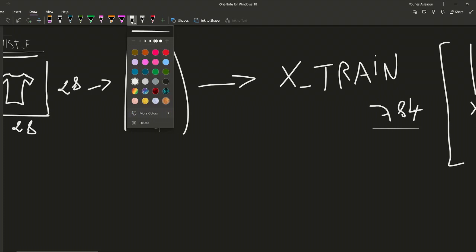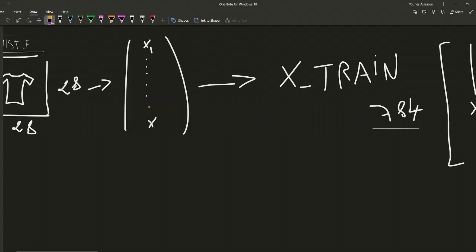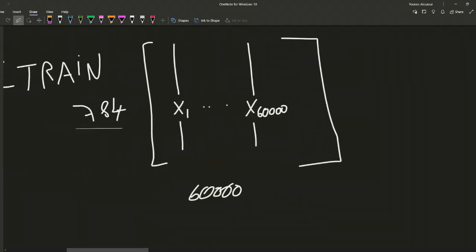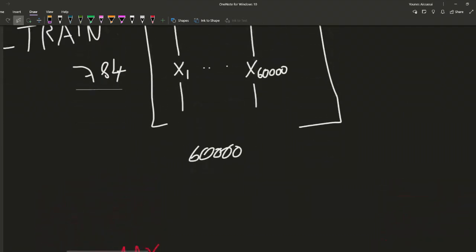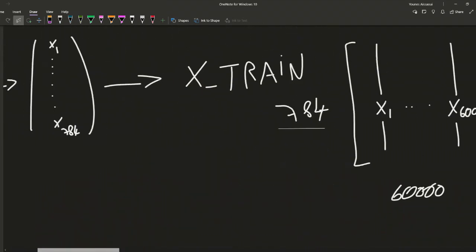All right. So the matrix dimensions are going to be 784 by 60,000. Now let's move to the